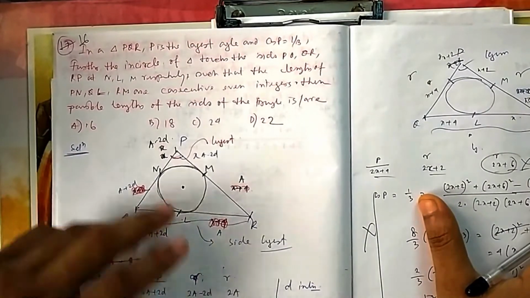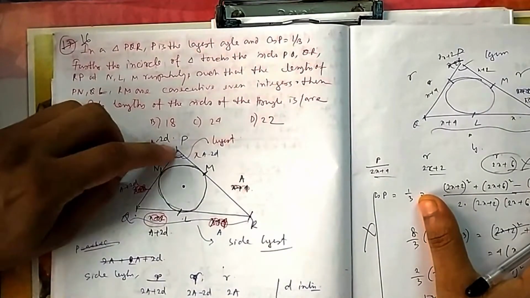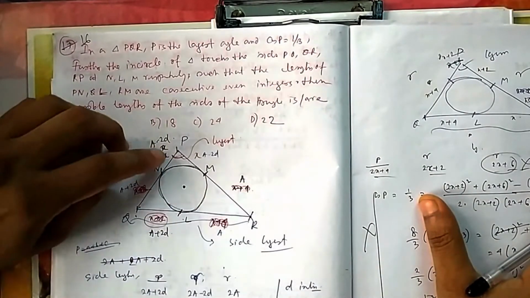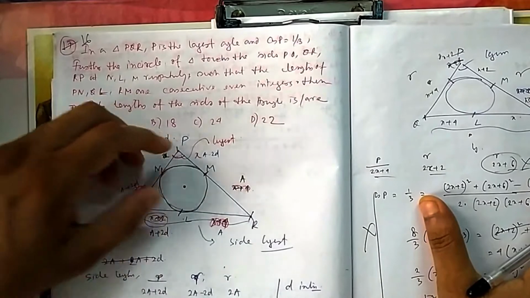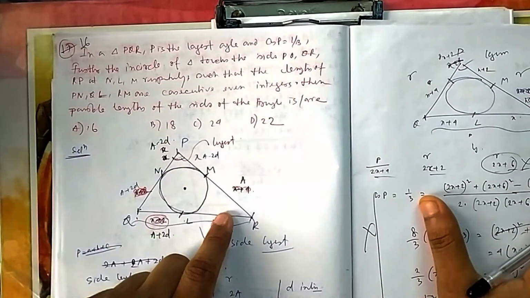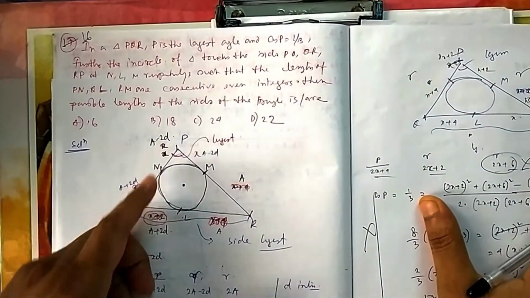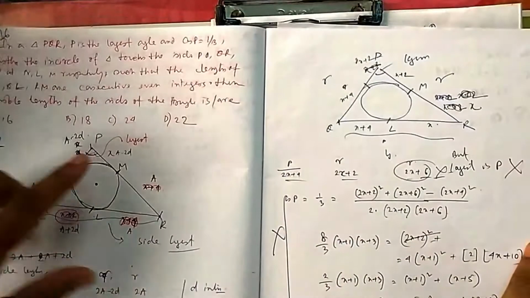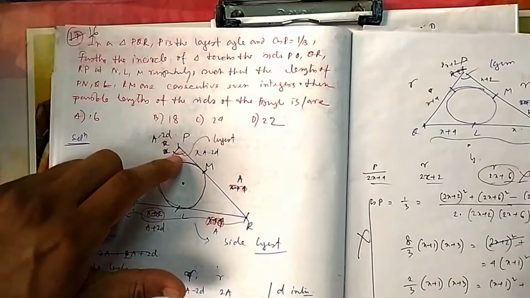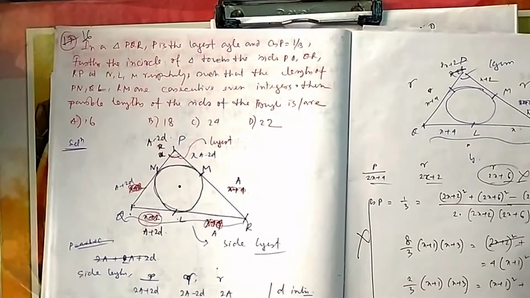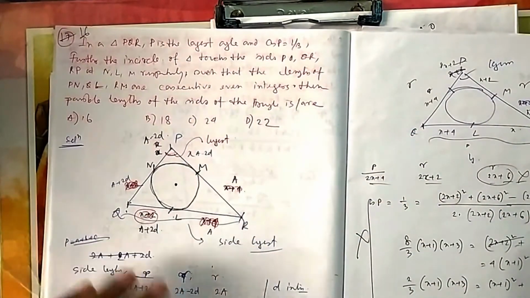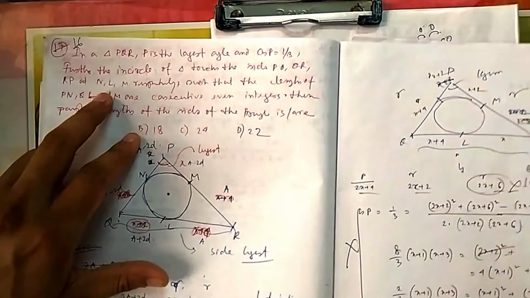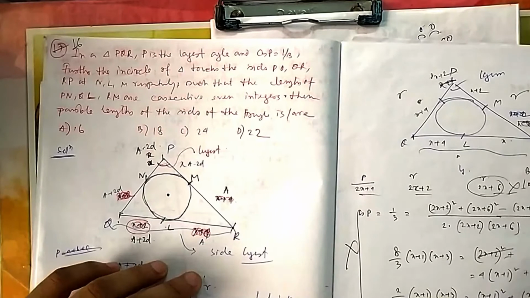So the idea here is that these and these are same, so whatever length, this will be same. These and these are same, these and these are same. They are saying these are consecutive integers. So you can take it either way, but the idea is P should be the largest. That you have to remember. The same thing is done here also. Here I have done with D, but D is not required because they are consecutive integers, so you can take directly 2. So I am going with 2.